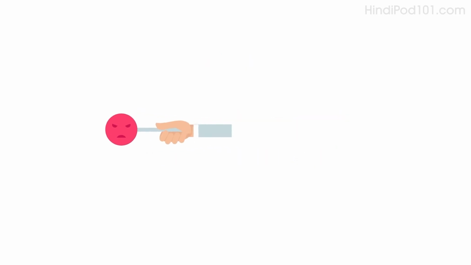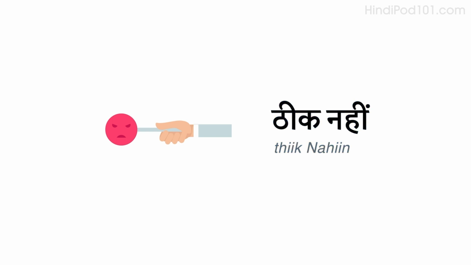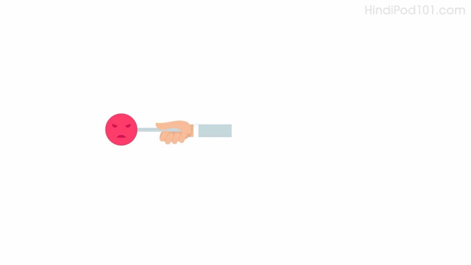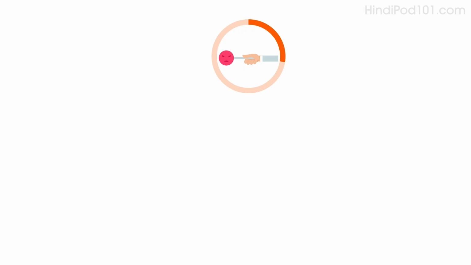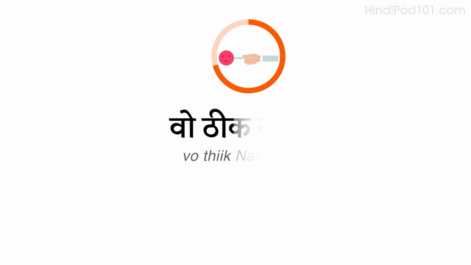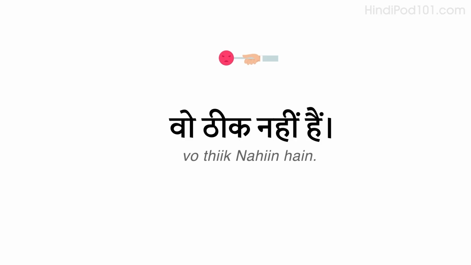Now imagine she's not good. Do you remember how to say not good? ठीक नहीं. Say, she's not good. वो ठीक नहीं है। Now, answer the question saying she's not good. तुम्हारी माँ कैसी है? वो ठीक नहीं है।